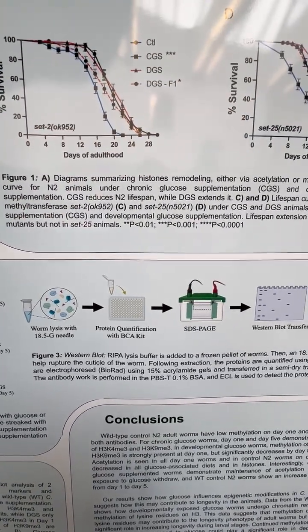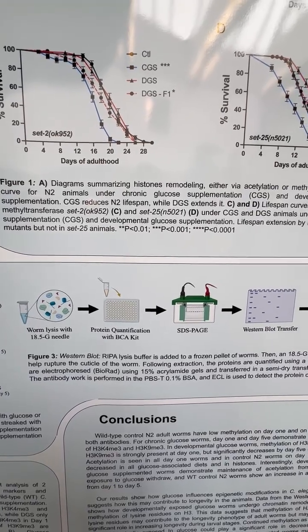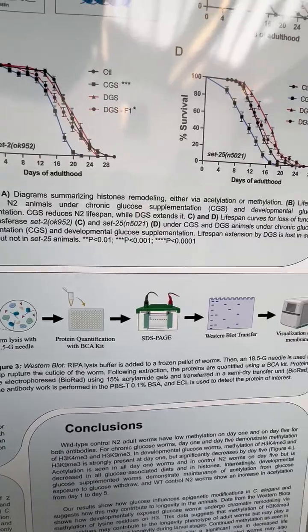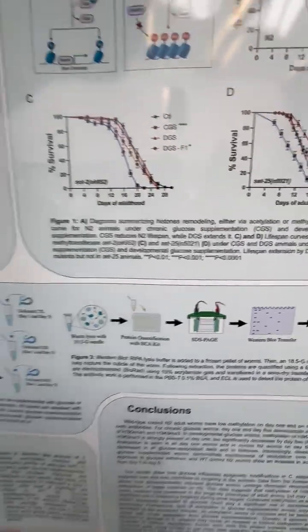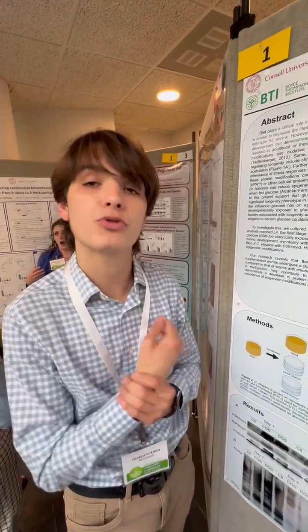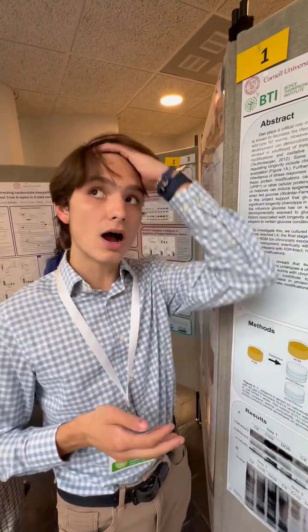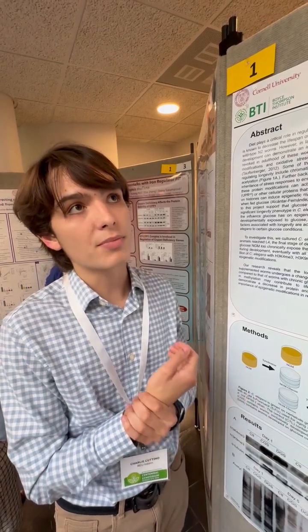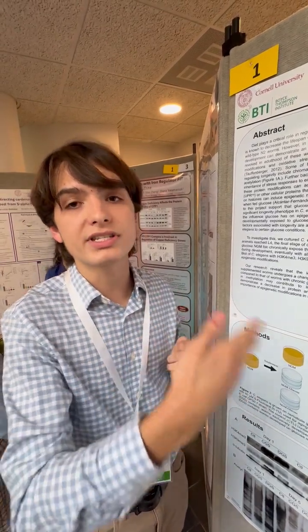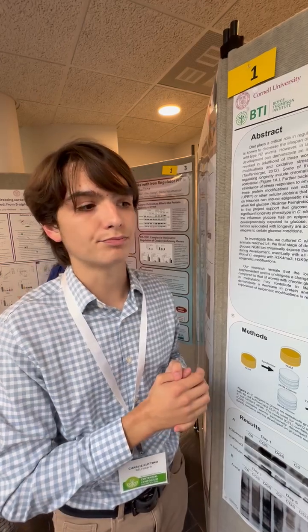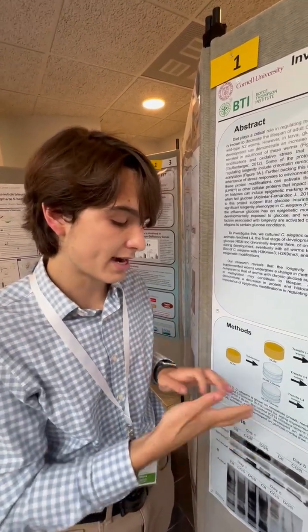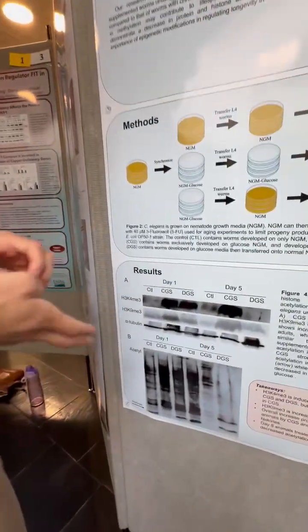the worm's adulthood. And my results ultimately showed that chronic glucose supplementation leads to chronic methylation over time. So worms will demonstrate methylation in their histones throughout all of their adulthood. However, when developmentally exposed to glucose only, they start off being methylated, but they slowly decrease the methylation over time, just due to the lack of presence of glucose, is the overall conclusion of that. And then for the acetylation, we noted that